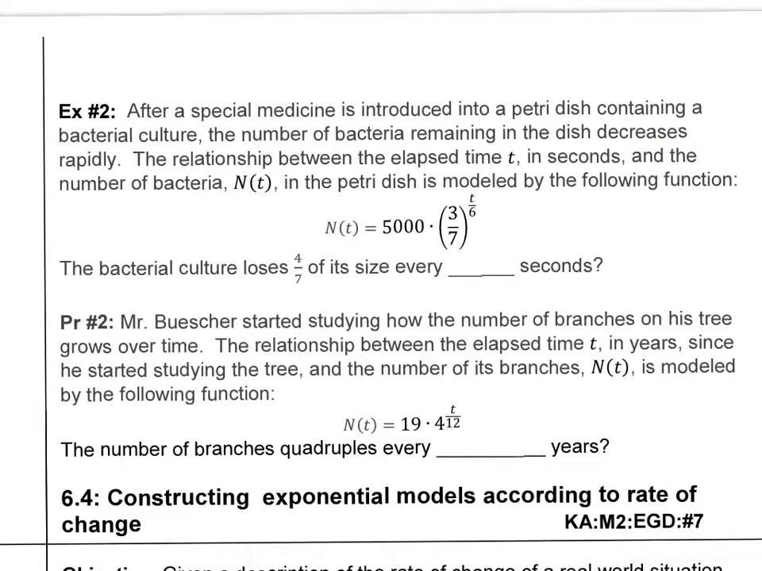of bacteria remaining in the dish decreases rapidly. The relationship between the elapsed time t in seconds, so t is in seconds, and the number of bacteria in the petri dish is modeled by the following function. So this one looks a little bit different. We can still see the starting amount is 5,000. 3/7 is less than 1, so we know it's shrinking, which makes sense because they said